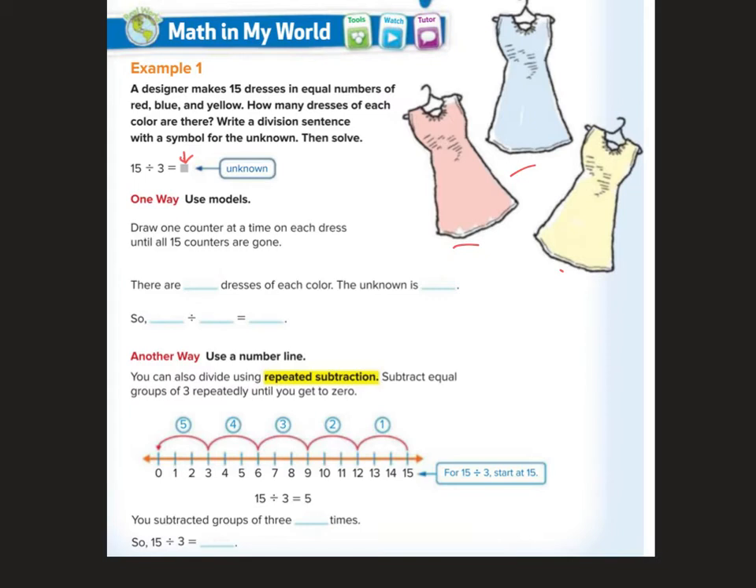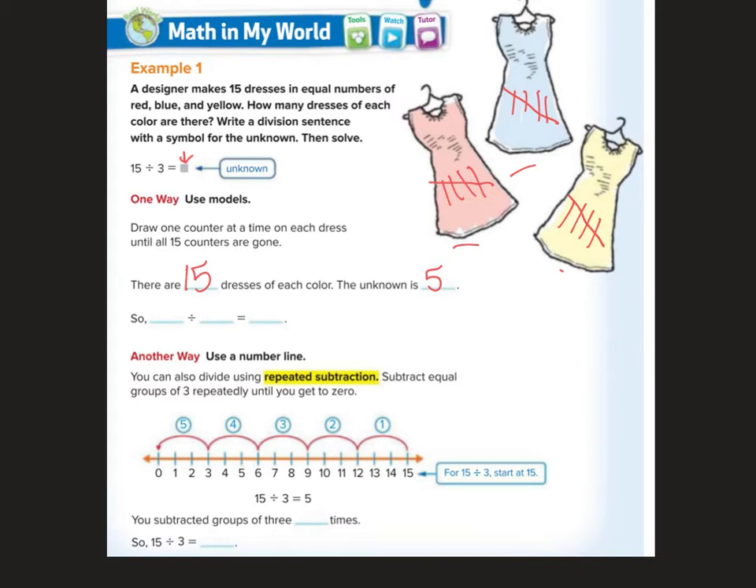So let's do it this way. 1, 2, 3, 4, 5, 6, 7, 8, 9, 10, 11, 12, 13, 14, 15. Okay, so how many of each dress did I make? I made 5. So if we look down here, there are 15 dresses. The unknown is,